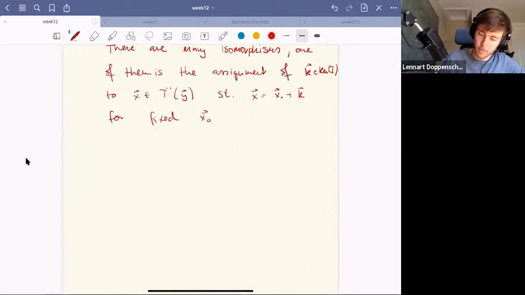And it would probably be much better to write this just as T inverse of y going to the